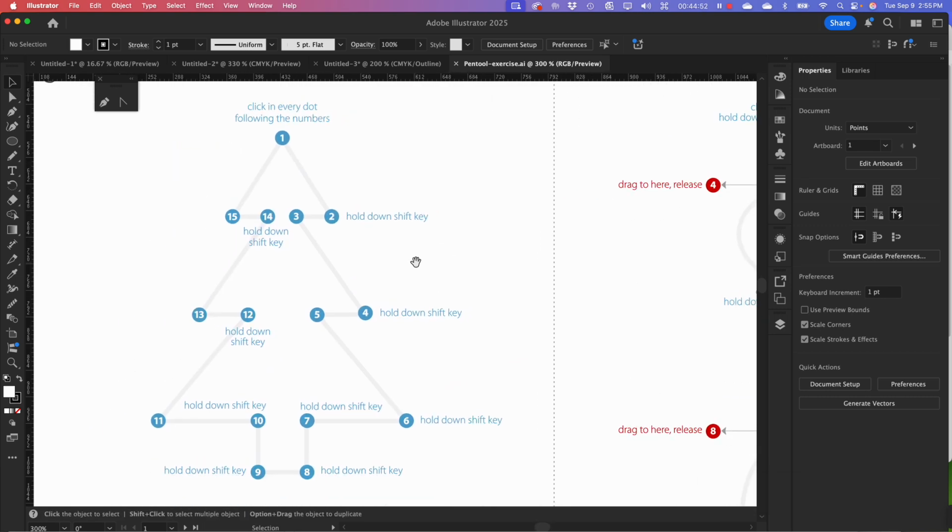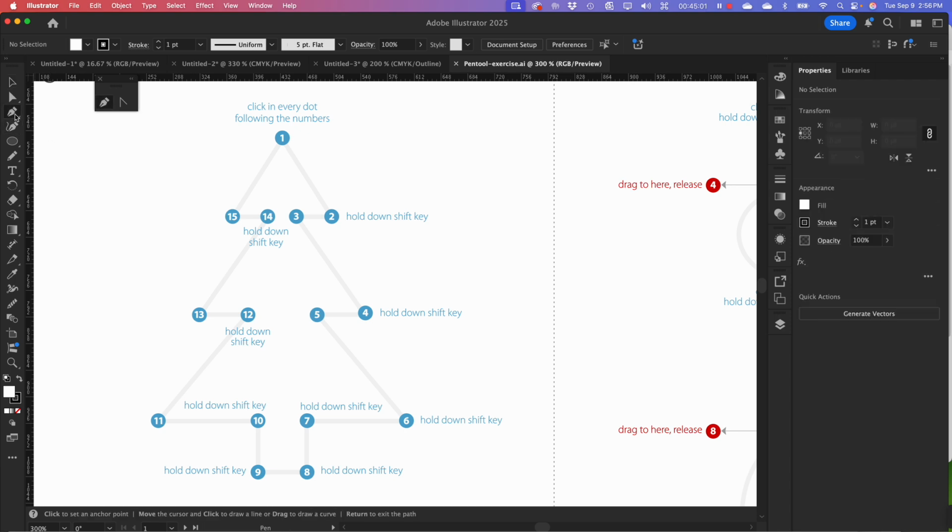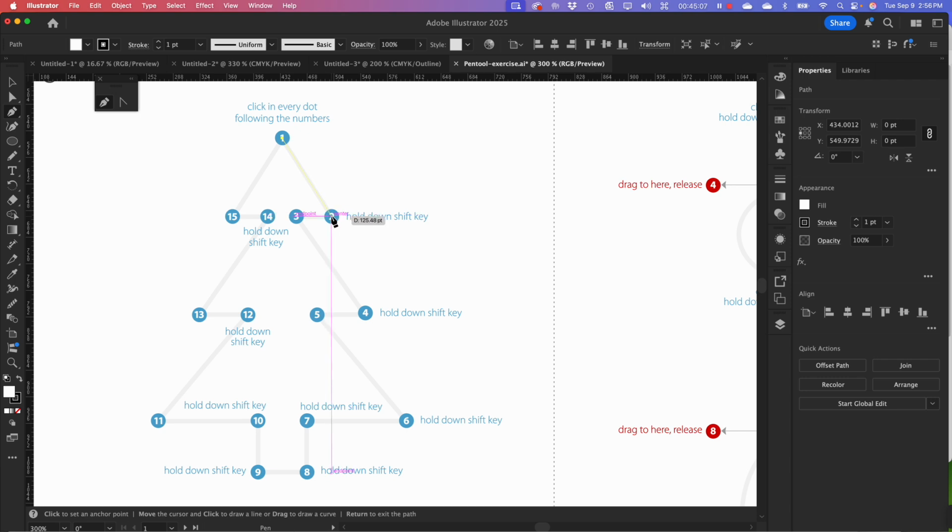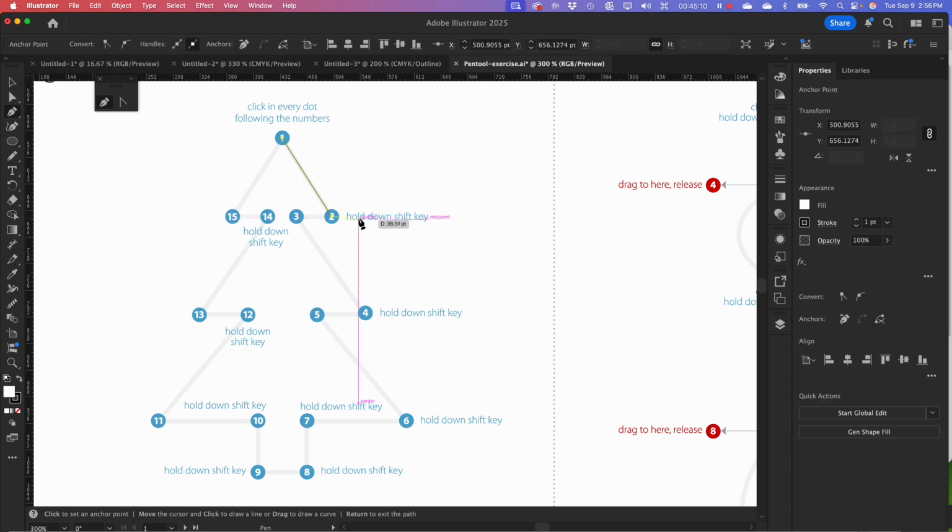So open this file up. And for instance, on this tree, you're just clicking in the middle of every dot. So grab the pen tool, and you're going to start with 1, go down to 2, and they'll tell you what to do at every one. Hold down the shift key and come over to 3, because remember, holding down the shift key does what? Constrains? Yes, constrains. So to make sure that it stays horizontal, click on 3, come down to 4, hold your shift key and go over to 5,